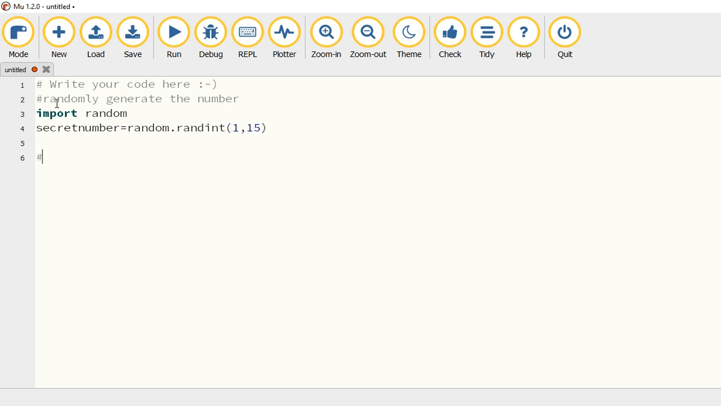Now let's write the code for guessing the number. Let's say, ask the user to guess the number. Try to give meaningful comments to your code to make your code more readable. So we are now asking the user to guess the number within a given number of attempts. For that, let's say I want to give 6 attempts. So we have to use a for loop. The number of attempts, let me store it in a variable called guesses_taken